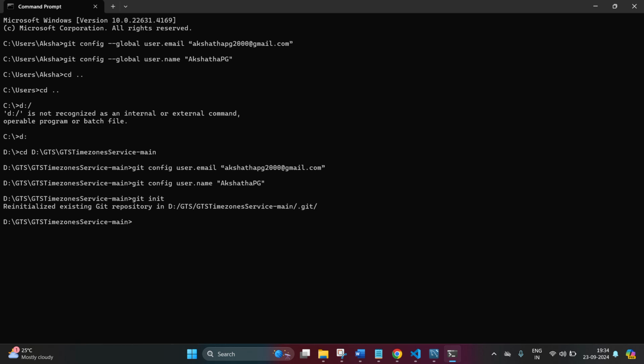So the next step is git add . So this command adds files to the staging area, meaning they are ready to commit. The dot indicates the current directory, so all the changes in this directory and any subdirectories will be staged. So the next command is git